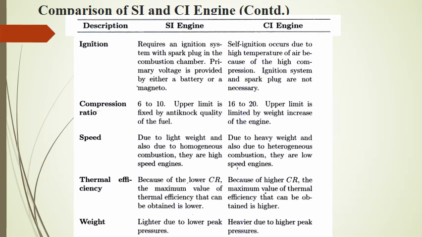Because of lower CR, the maximum value of the thermal efficiency is lower in the case of SI engine, but because we are having a good value of compression ratio in case of CI engine, the maximum value of thermal efficiency is higher. As we have discussed in the previous lecture, the derivation of the air standard efficiency, you can very well recall that air standard efficiency depends upon compression ratio, whether it is SI engine or CI engine. Weight of SI engine is lighter due to lower peak pressures, whereas CI engines are heavier due to high peak